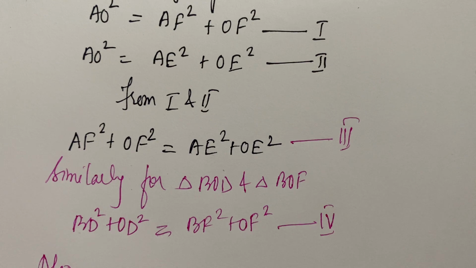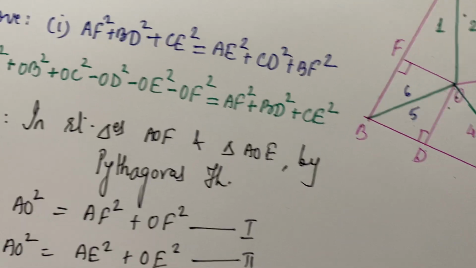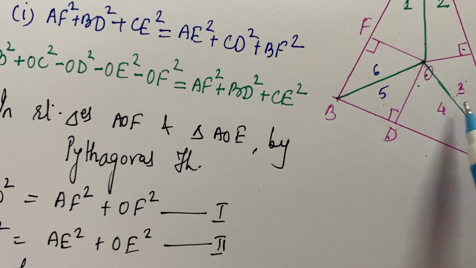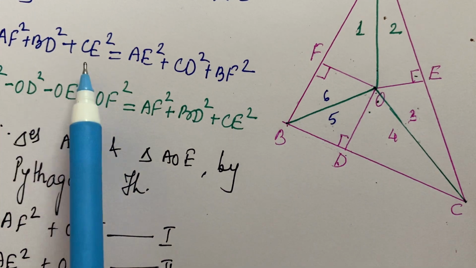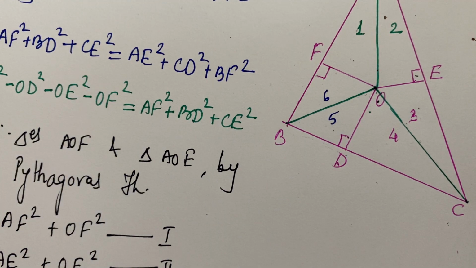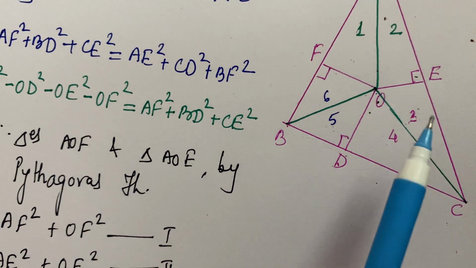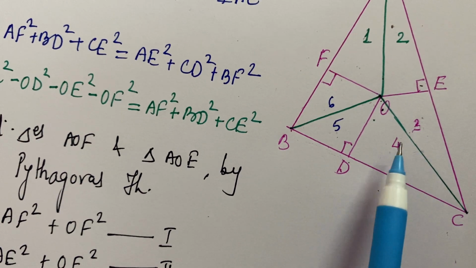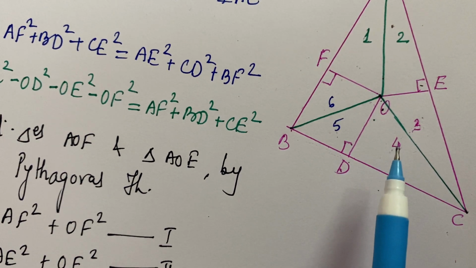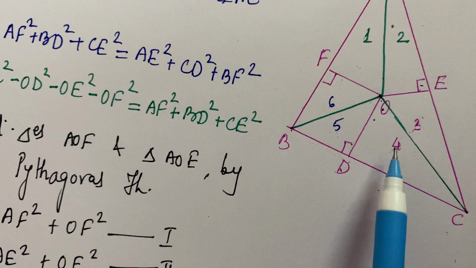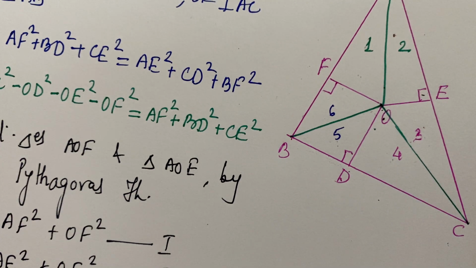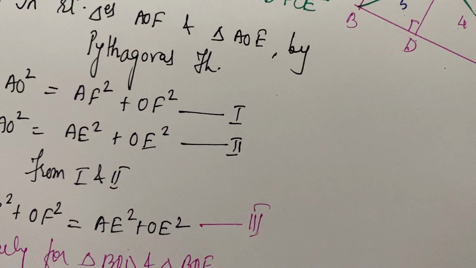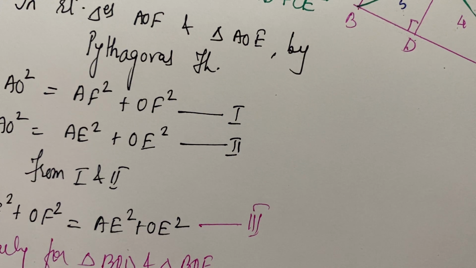Also now we take those two triangles. Which two triangles? These two triangles, 3 and 4. अब देखो आपको CE स्क्वायर चाहिए. CE स्क्वायर अगर आपको चाहिए तो आपको ट्राइंगल 3 ट्राइंगल 4 लेना पड़ेगा. ठीक है ना. दे हैव द कॉमन हाइपोटेन्यूज OC. तो हम लिखेंगे ऑल्सो फॉर ट्राइंगल COE